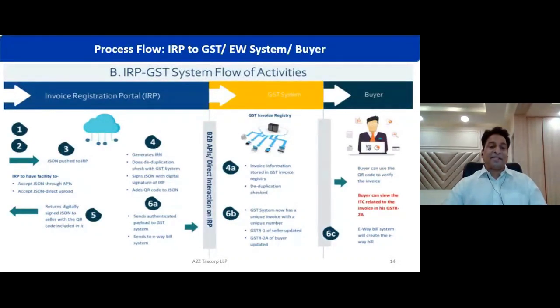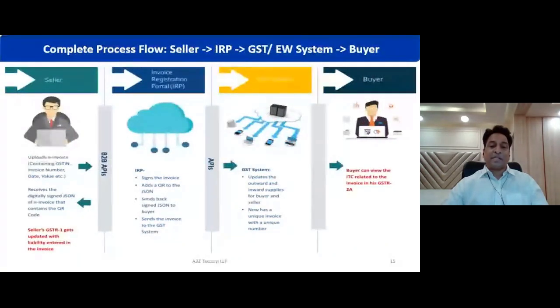And similarly, this IRP is going to provide the data to the eWay bill portal for generation of the eWay bill. Part A can be auto-filled. If you fill up Part B, the transporter ID and details of transportation, mode of transportation, then you can generate an instant eWay bill. This is what the process is all about, from IRP to GSTN, the GST portal, the eWay bill portal, then the activities of the supplier to the buyer. And this is a complete process flow.